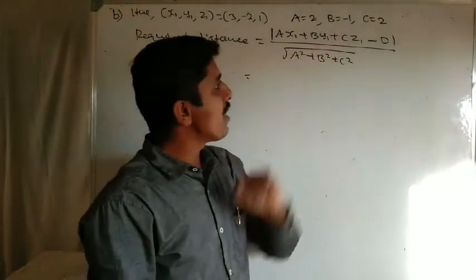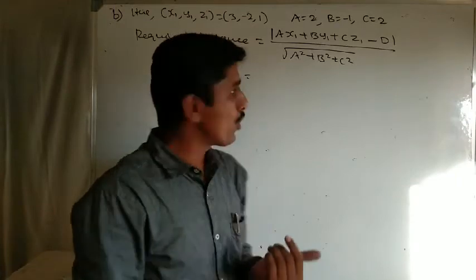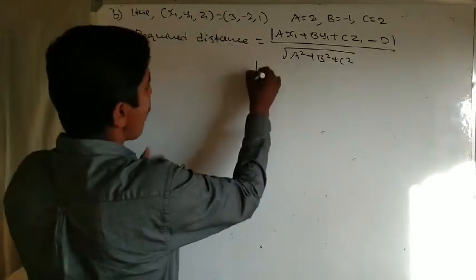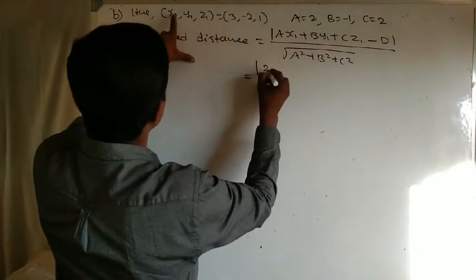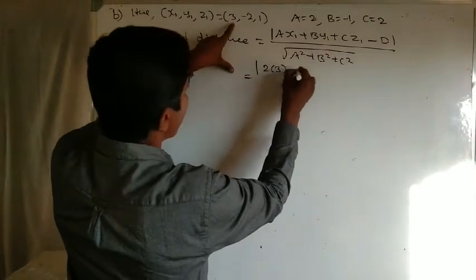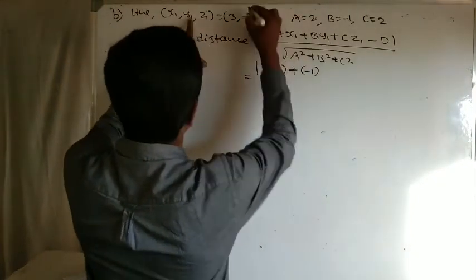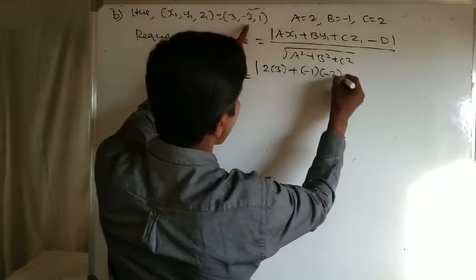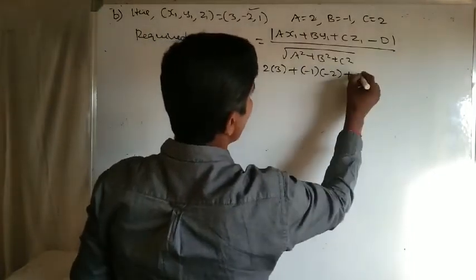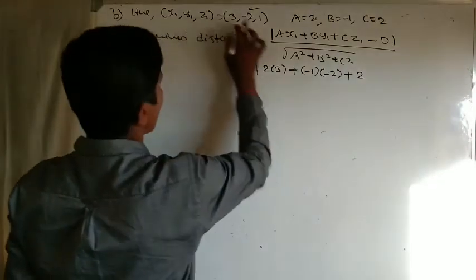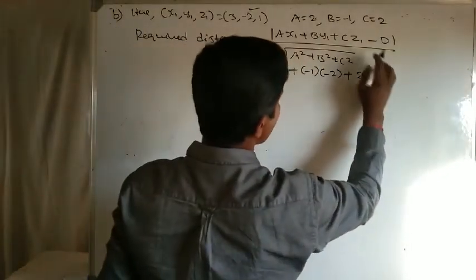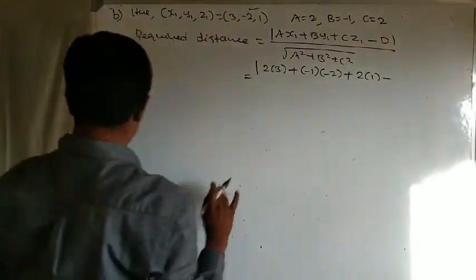A is equal to 2, B is equal to minus 1, C is equal to 2. Modulus of A value 2 into x1 value 3 plus B value minus 1 into y1 value minus 2 plus C value 2 into z1 value 1, minus D value, in that equation D value